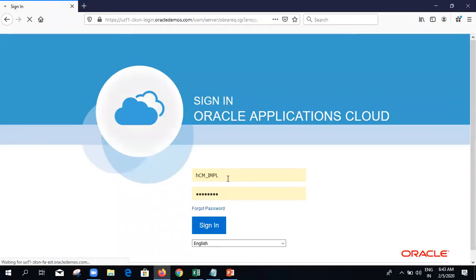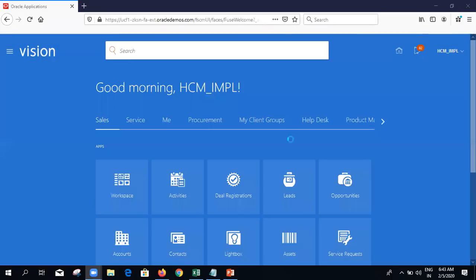So this is the username which I gave, and then the password, and then I'm logging in to the system. This will be the home screen for the application. Once you log in, you will be redirected to this home screen.